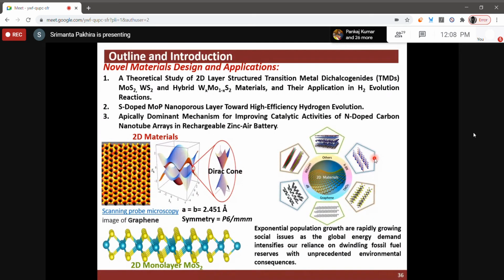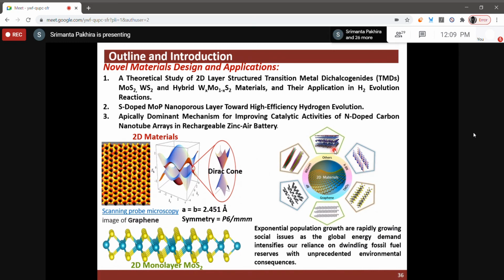This is one of the snapshots of our 2D MoS2 structure. This is the graphene structure. After the development of graphene in 2003, many other 2D materials followed, like hexagonal boron nitride. Right now, I'm working on that. Graphene, black phosphorus: I already did work on black phosphorus for field-effect transistors. This is the structure of black phosphorus. We also did arsenic black phosphorus, multilayer graphene, and transition metal dichalcogenides. This is MoS2. Then this is called hexagonal boron nitride.